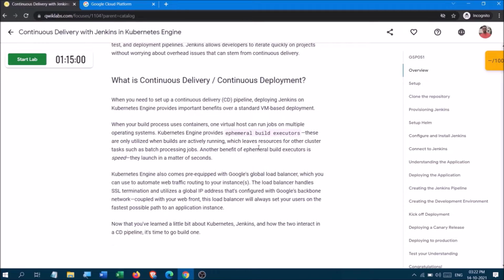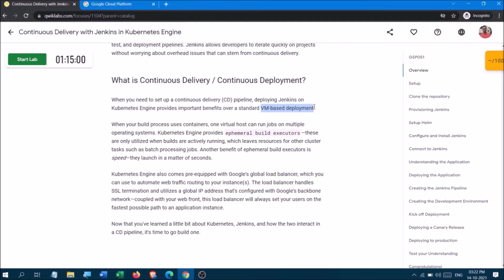Now, what is continuous delivery or deployment? It is a part of DevOps. CI/CD, you have heard this word very much, and it is an upcoming trend. It provides important benefits over standard virtual machine deployment.